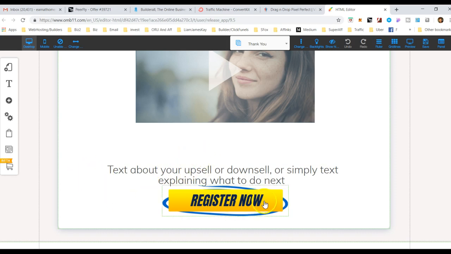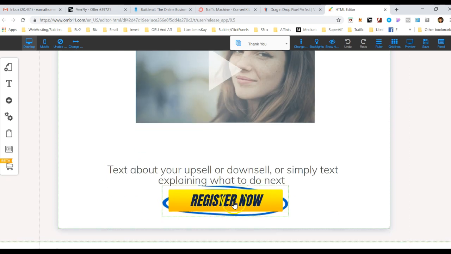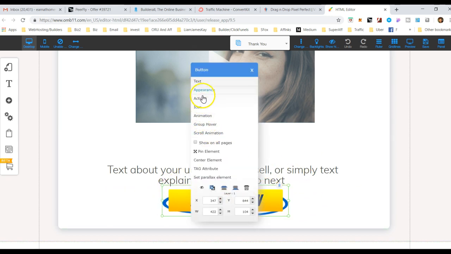So this is how you could double your traffic with just one click of a button. It's not software, it's just one click of a button. Like this button, if on my thank you page or bridge page, I have a button that says I want to bring them to the offer or wherever I want to take them, I would configure this button